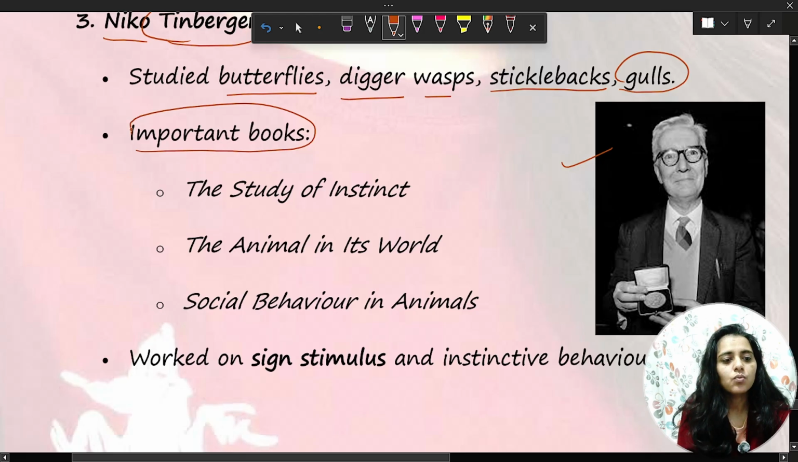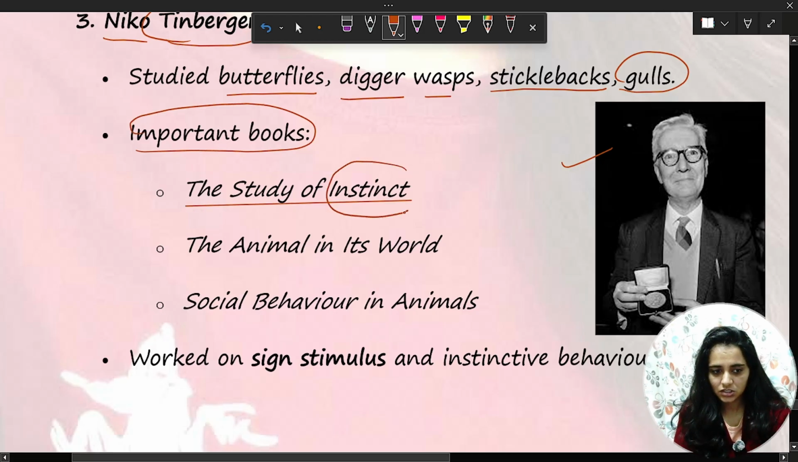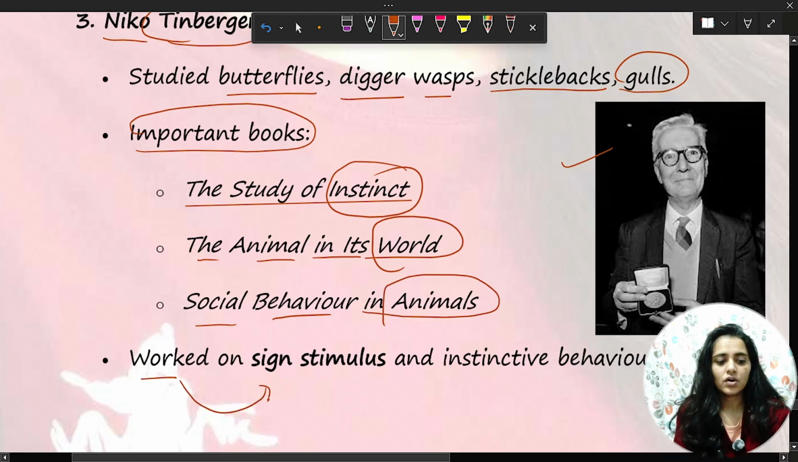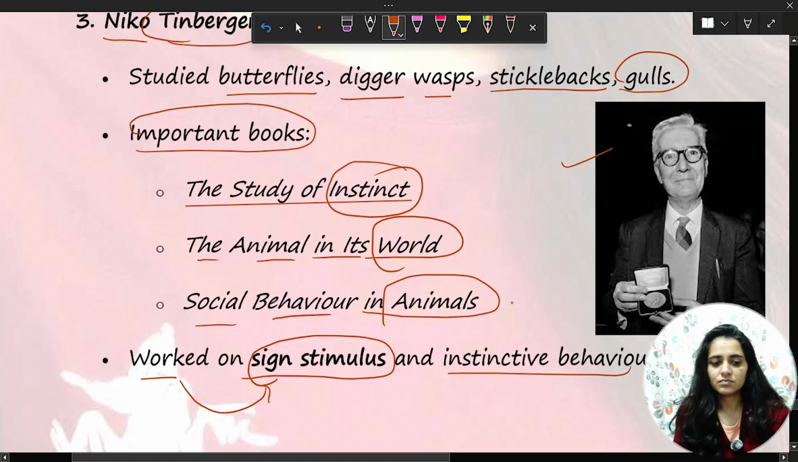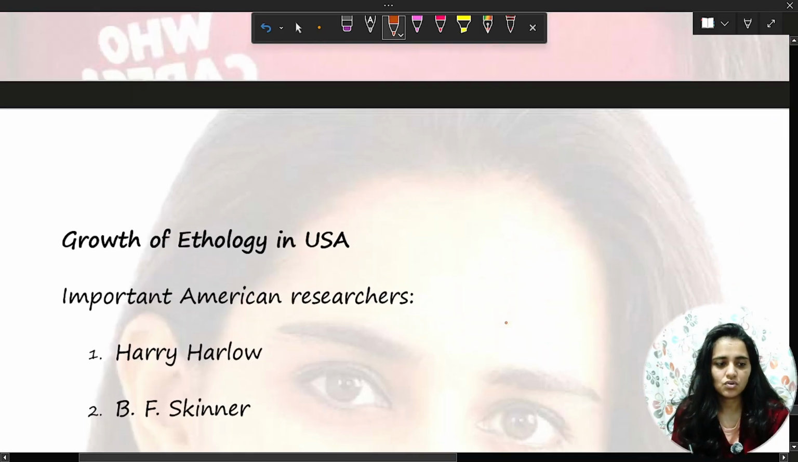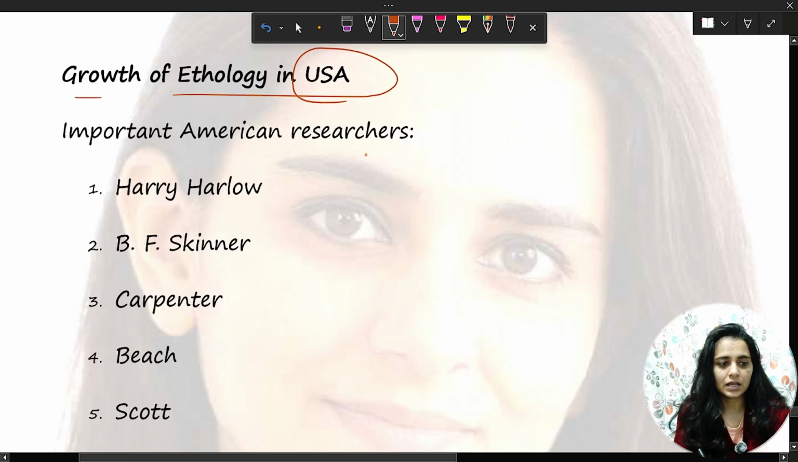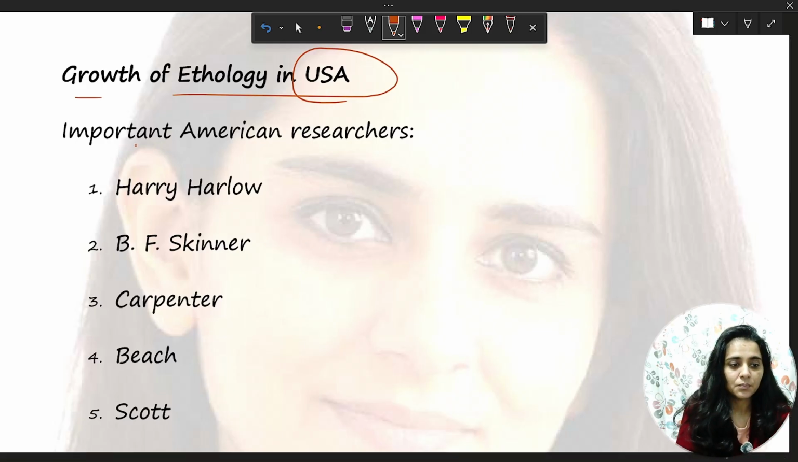Important books of this person are The Study of Instinct, The Animal in Its World, and Social Behavior in Animals, and he worked on sign stimulus and instinct behavior. As you can see, The Study of Instinct is written by him. Then the growth of ethology in the USA and how this influenced other parts of the world. Main scientists: